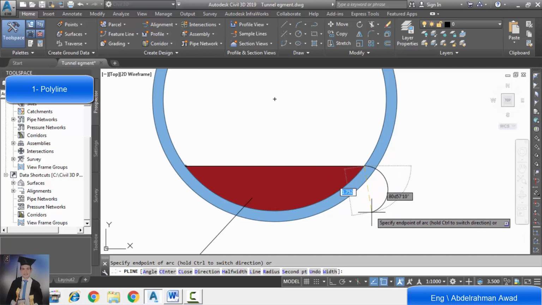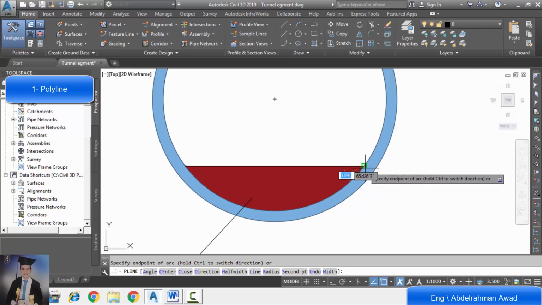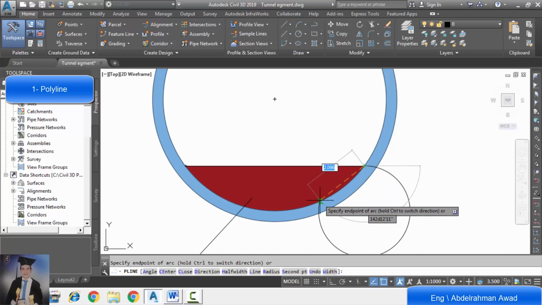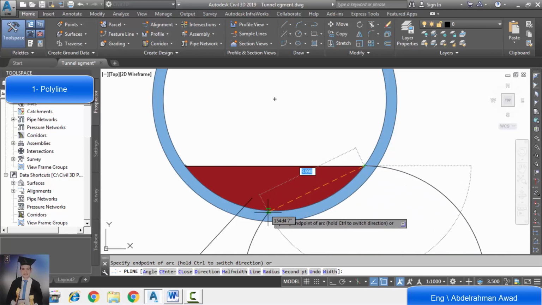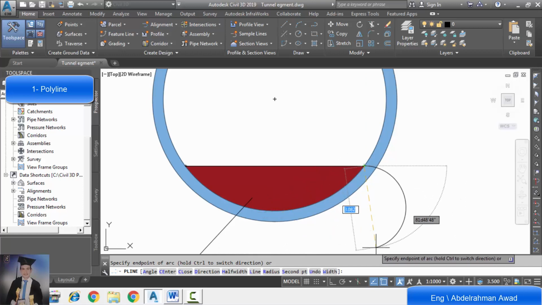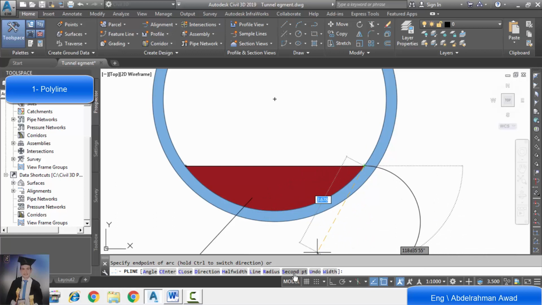So we activate arc. The first point is the end point of the line. The second point is the quadrant of the circle.